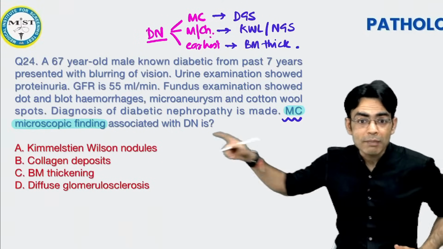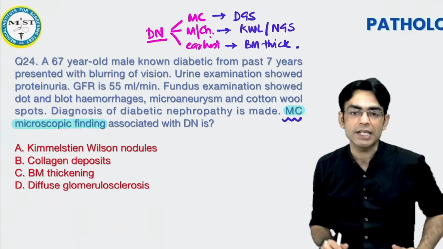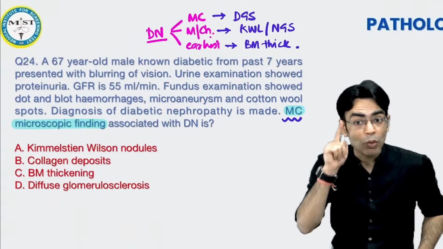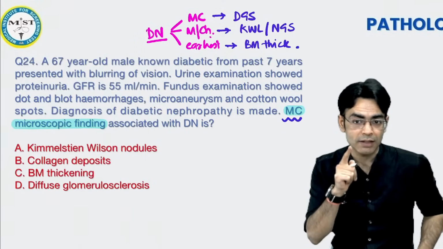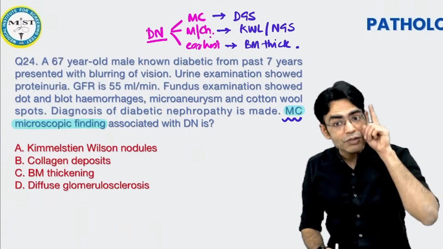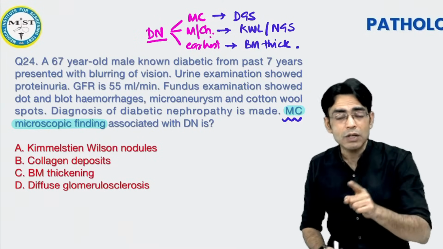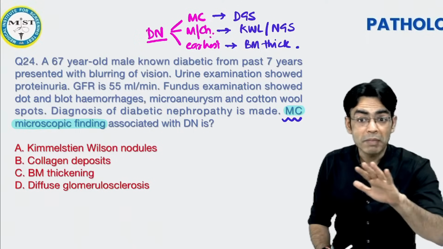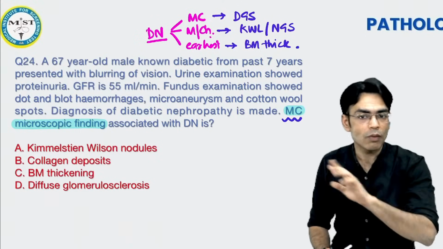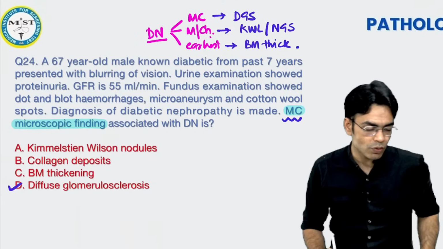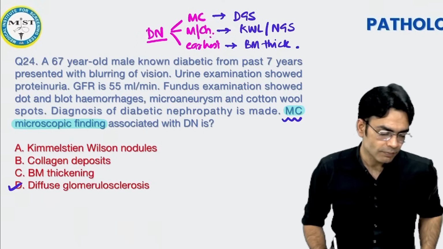This is most common. I gave this option first because you would make a mistake. We should not make this mistake, son, we have come this far with a lot of hard work. If you know to answer Kimmelstiel-Wilson, that means you have studied it. And if you have studied it, how can you make this mistake? It's a silly mistake. There is no lack of effort, but it is a silly mistake. We should not do that, son. Answer is diffuse glomerulosclerosis. Okay?